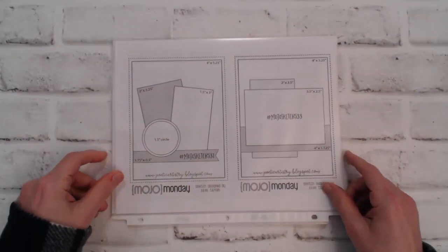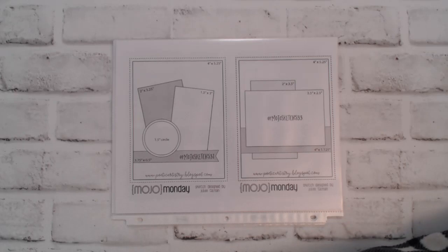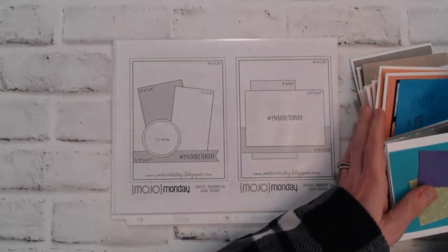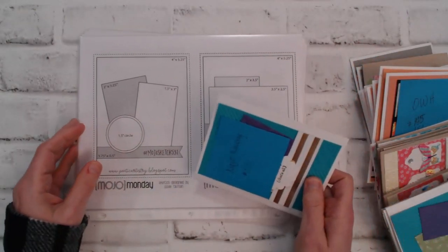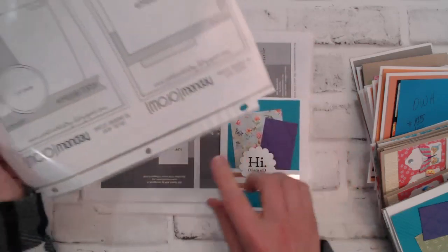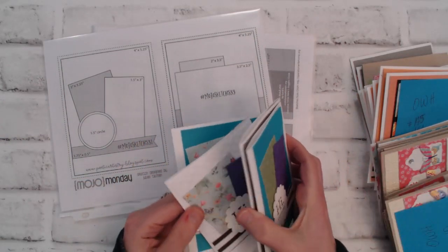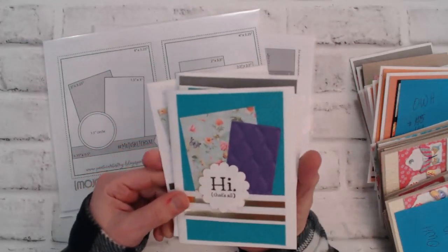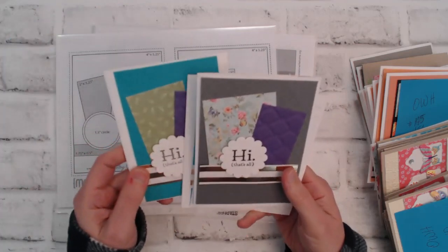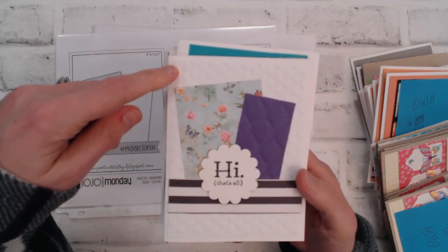And here are the sketches that I ended up using for the rest of the scraps. And here I am starting with the Mojo Monday sketch number 531, and that's the one on the left hand side. And I was able to make 4 of those, and I used the purple that you see. That was actually some paper that I had in my scraps, and what I used for my card front was